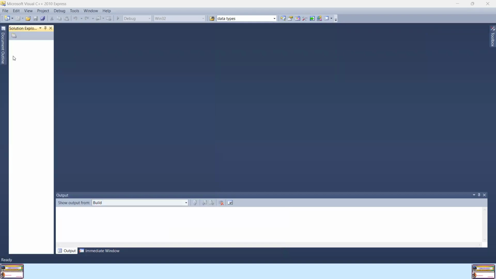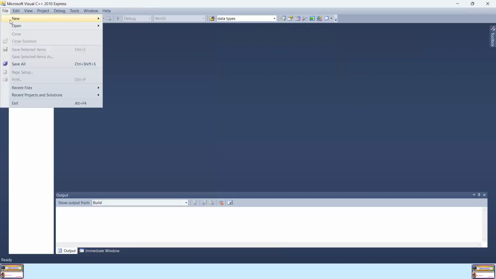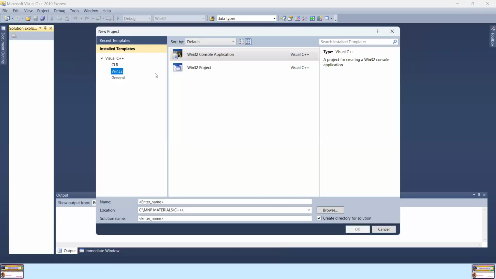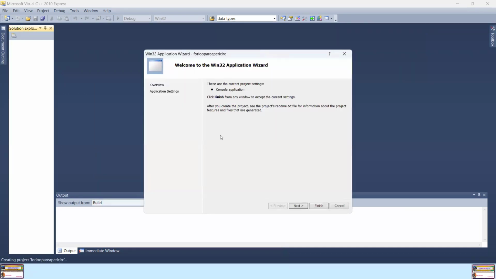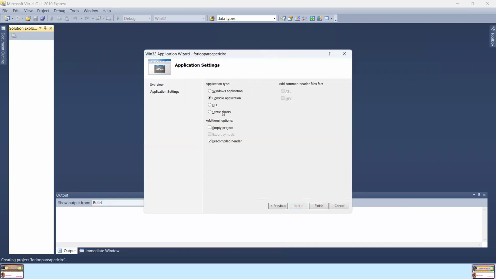So as usual, let's start our editor in our C++ program. So with that, the console application, my project now will be called for loop area of circle, and click OK. And then I'll click next. I'll select console application, empty project, click finish.